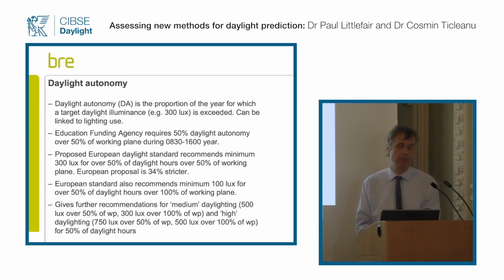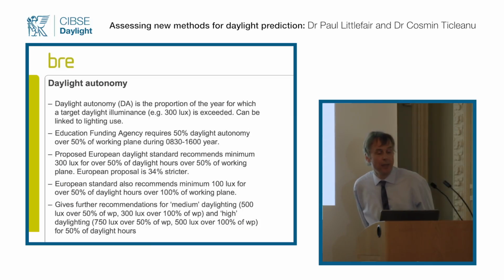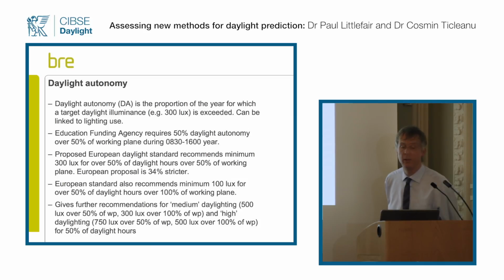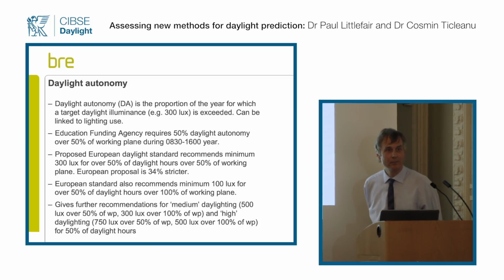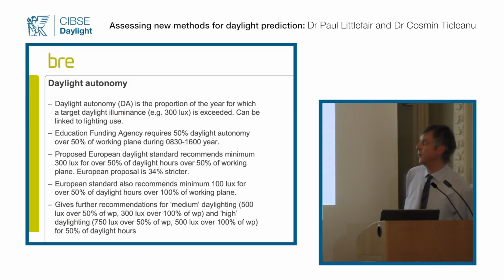But what the initial proposal says gives what appears to be a very similar daylight autonomy guideline. It requires 300 lux for over 50% of daylight hours, over 50% of a working plane. So can you spot the difference between that and the Education Funding Agency? Correct. Instead of using school hours, which is just 8:30 till 4 o'clock, we're using daylight hours,